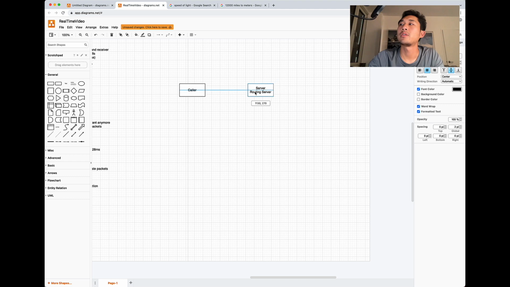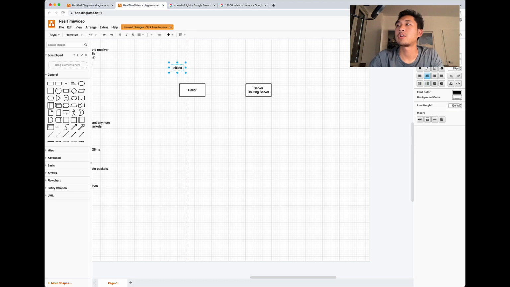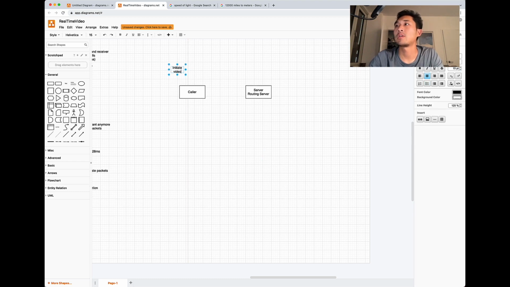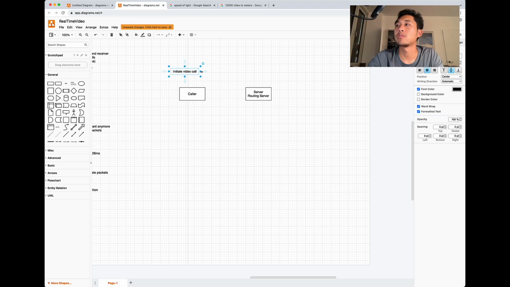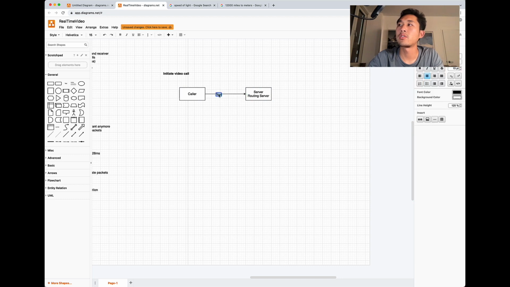And the caller, when we initiate a call, let's call this initiate video call, sends a request to the routing server, and it passes a string, which is the receiver ID.